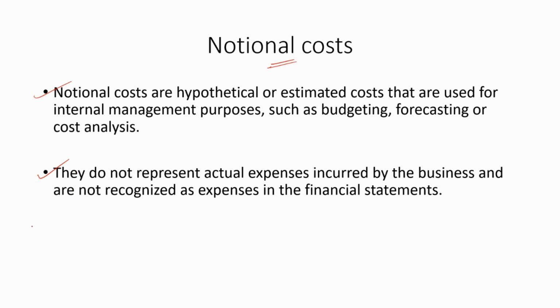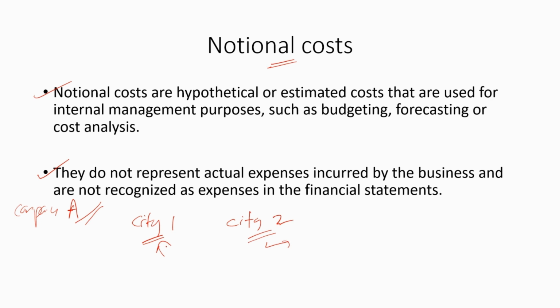Let me give you an example. Let's say there is a company A. Company A has a headquarters in city 1 and there is a factory in city 2. The headquarters building in city 1 is owned by company A, but the factory in city 2 is rented by company A, which means the company has to pay rent every month. At the end of the financial year, the management of the business will consider a notional cost for the rent for headquarters in